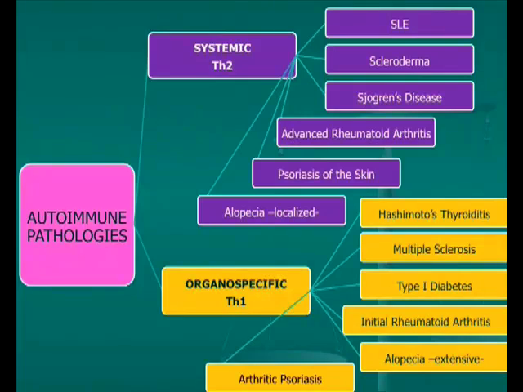Because the systemic autoimmune diseases have to do with the overexpression of the Th2 polarity in our immune system, while the localized autoimmune diseases correlate with and depend on an overexpression of the Th1 compartment of our immune system. This will help us to understand many things and to decide on a suitable therapy.